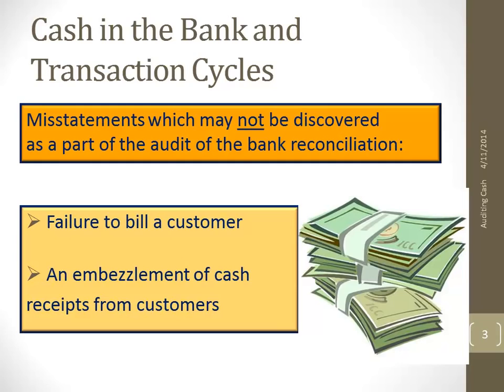Because there's a breakdown in internal controls. So all of that to say, basically, there are errors in cash or misstatements that could occur in the cash that you will never find as a result of doing a bank reconciliation. And that's to say that just merely